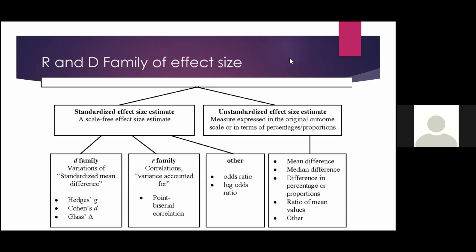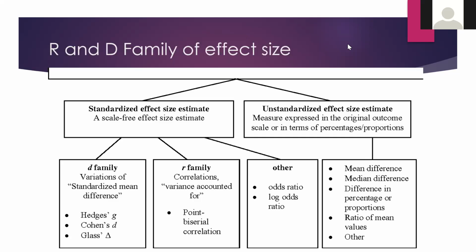Either they have a relationship which is bivariate, or a relationship which is multivariate, but from that paper I can get the correlation of two variables. I'll show you everything. Don't worry. Even if you're not understanding, I'll show you this. So I need only quantitative papers for the D family and R family, right? And I can do meta-analysis only on a bivariate relationship, whether it's reported in a bivariate paper or a multivariate paper.